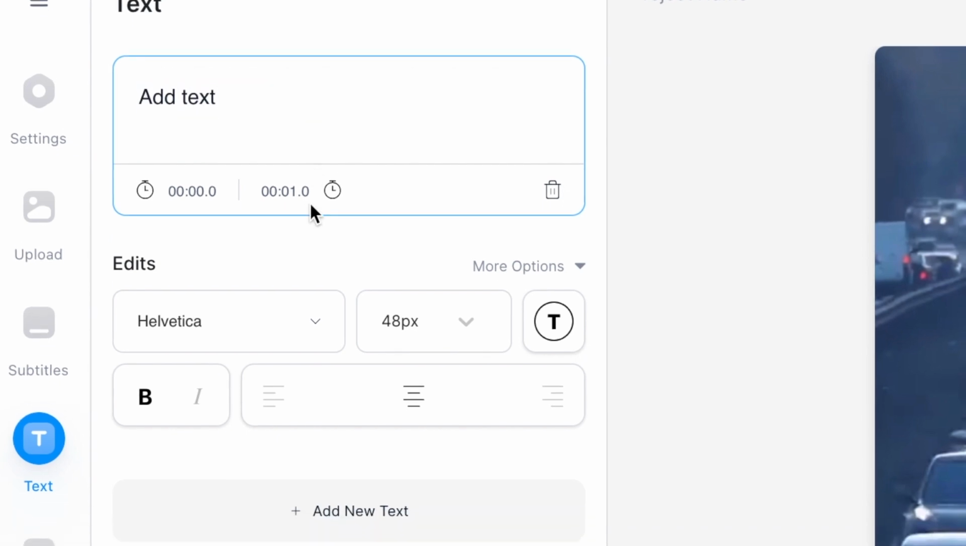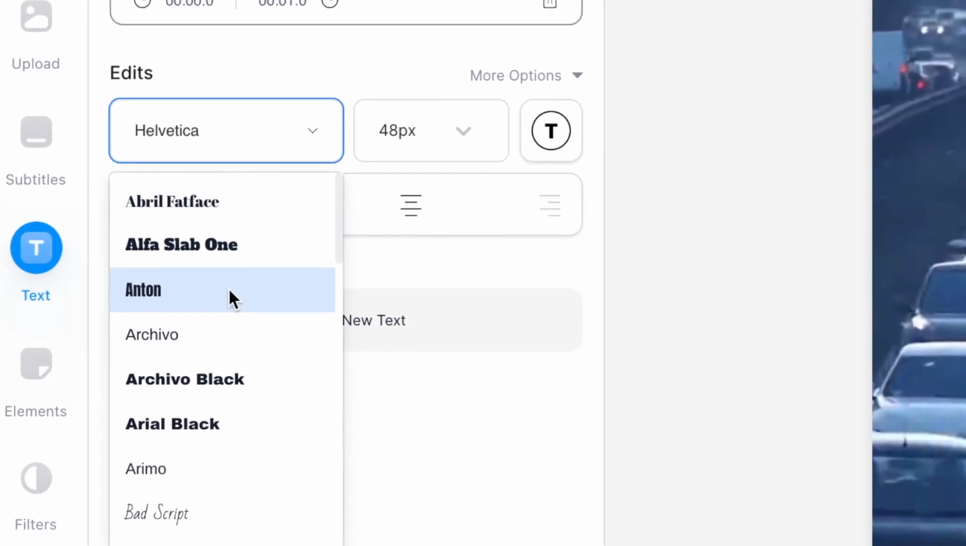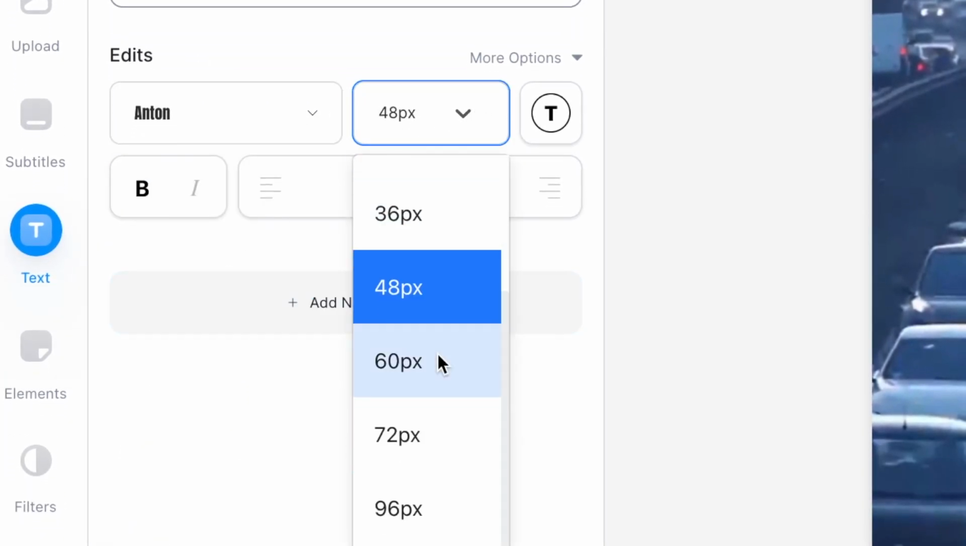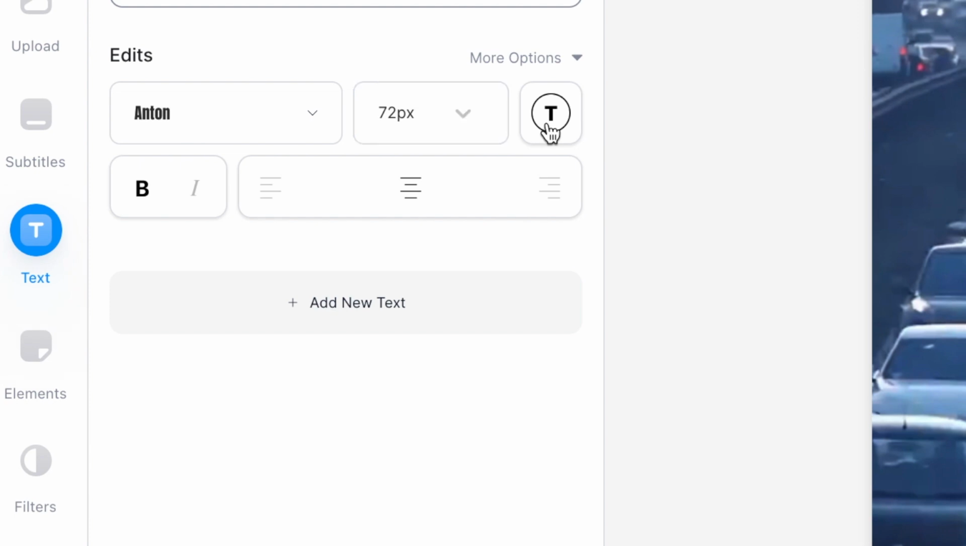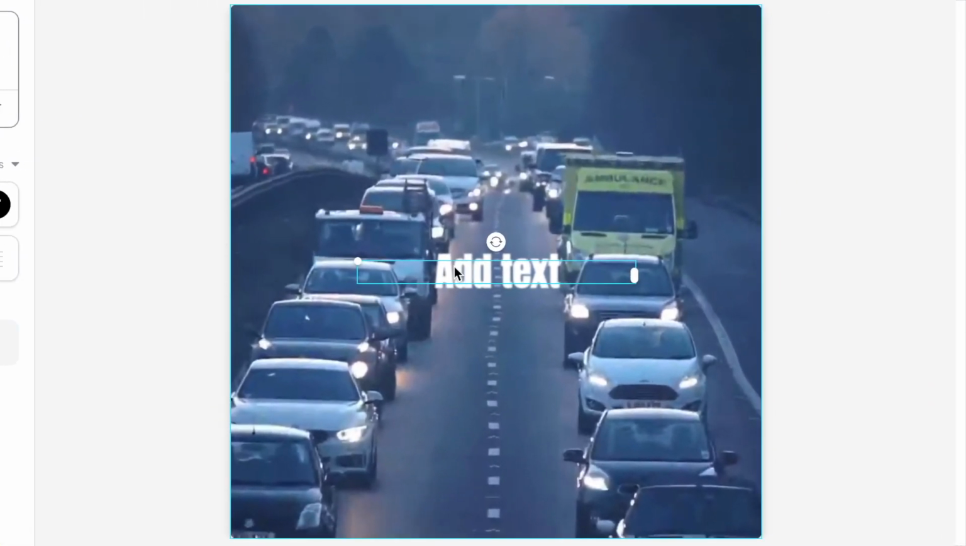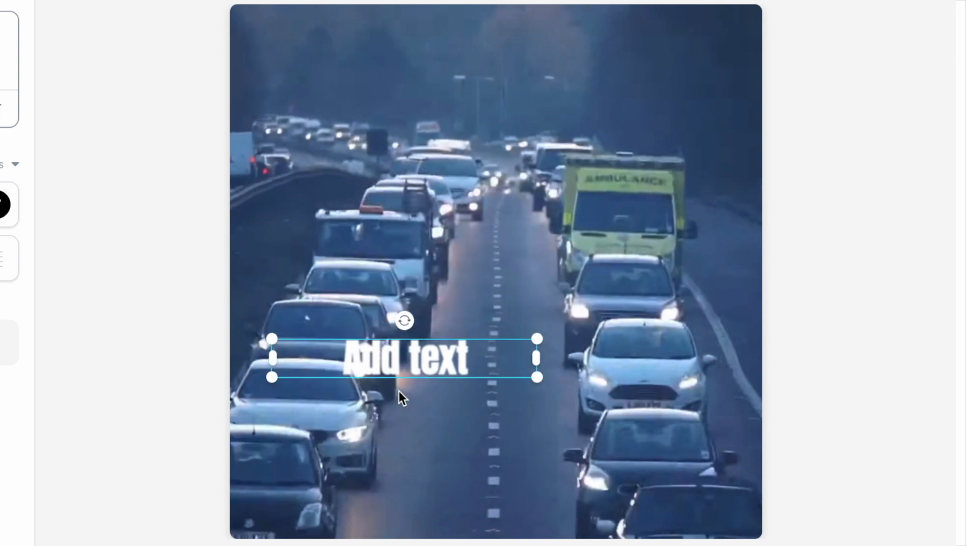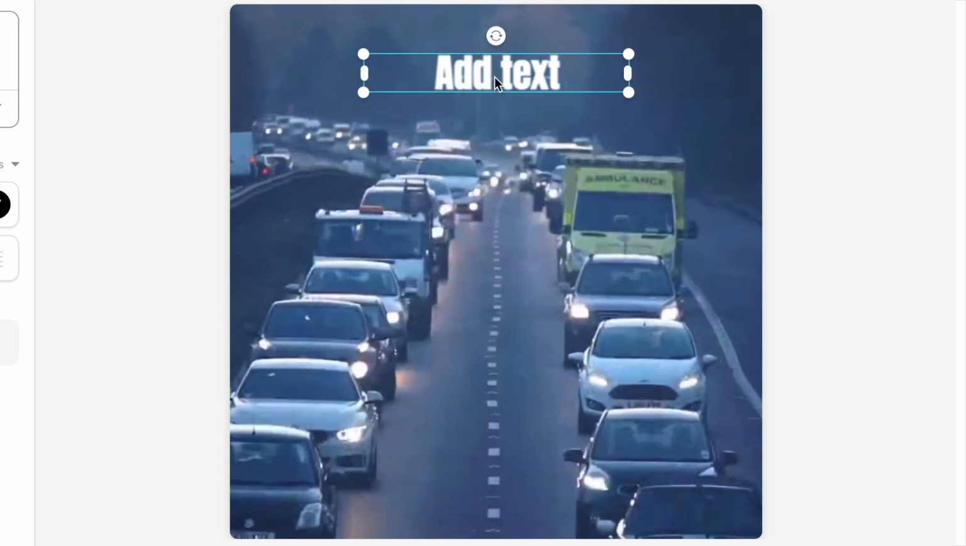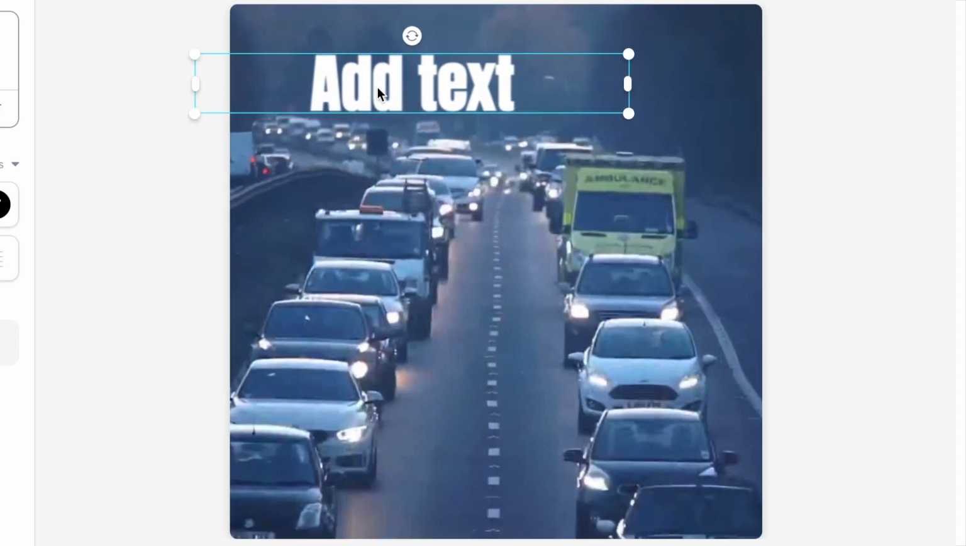And underneath that, I can select from a list of fonts. I can change the size of my text. I can change the color like so. And over on the video canvas, I can select my text and click and drag it to wherever I want it to be within the frame. And you can also click and drag the corners of the text box like so to adjust the size even